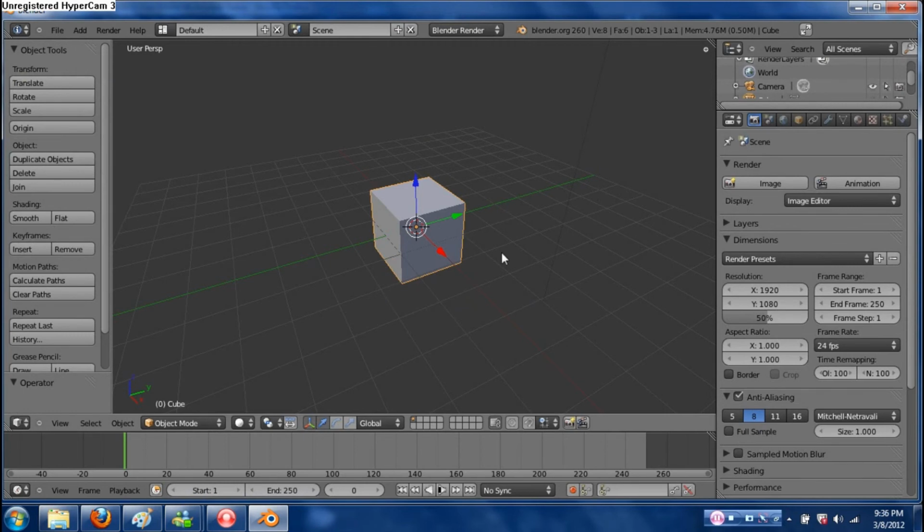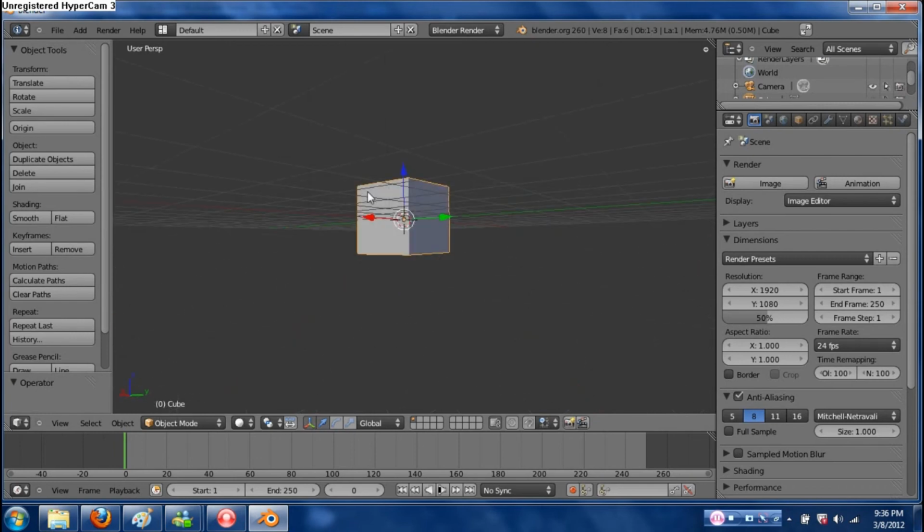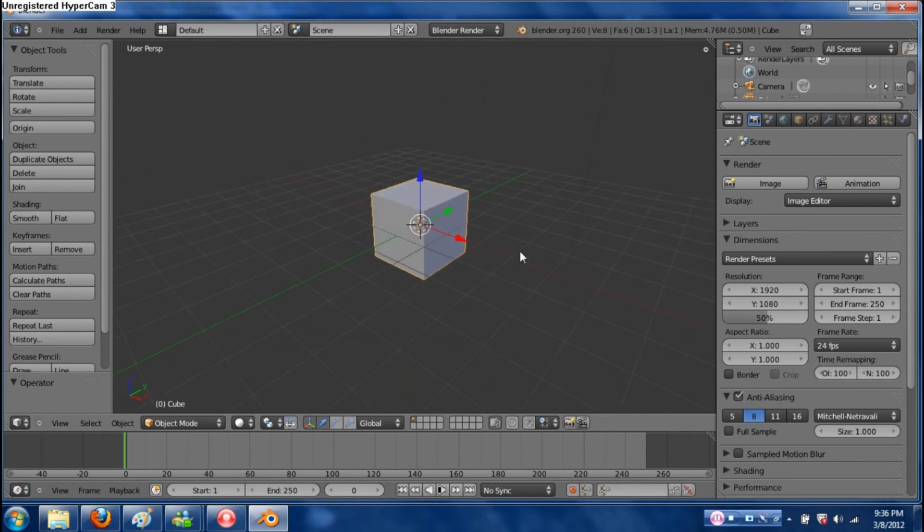So let's say I want to only scale it in the direction along this green line here. Down here near the bottom left, you can see that there is a little graph that shows you which direction is which at all times as you rotate your view around, your FOV, field of view. And as we can see, the Y is the green.